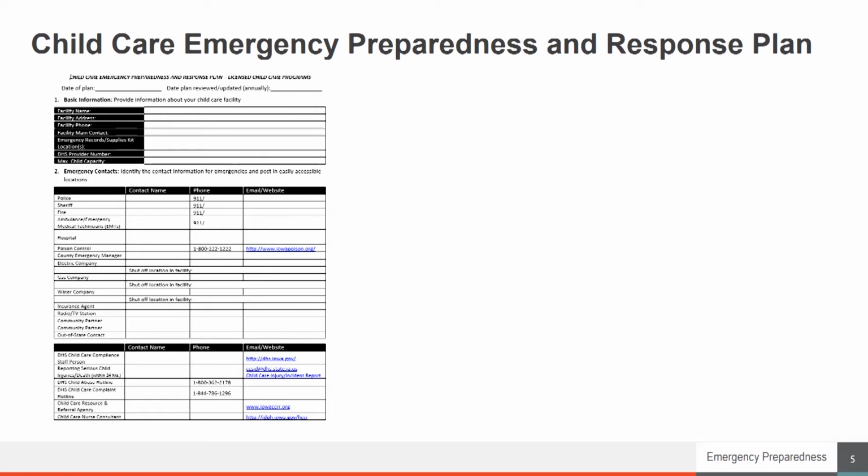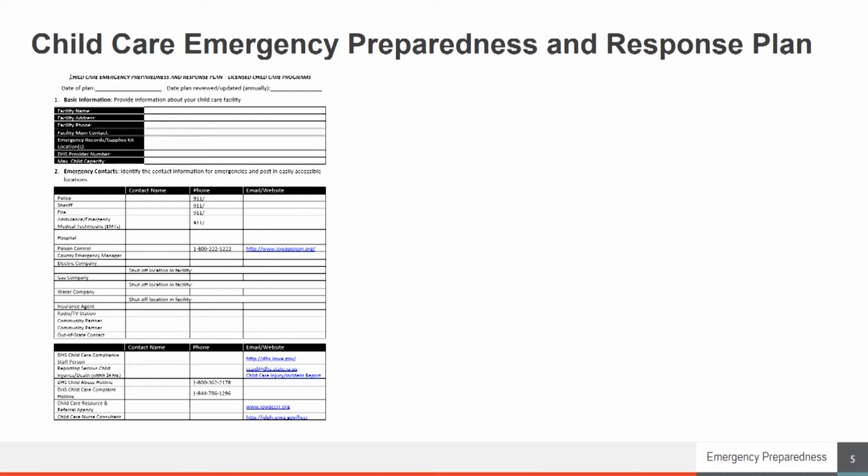There are a couple of formats of this document, so you can download it and save it for your individual use. It's available in Word and Adobe. It's also available in Spanish. There is a template with guided questions in each section to help you develop your plan. This video displays the version of that template with the guided questions.